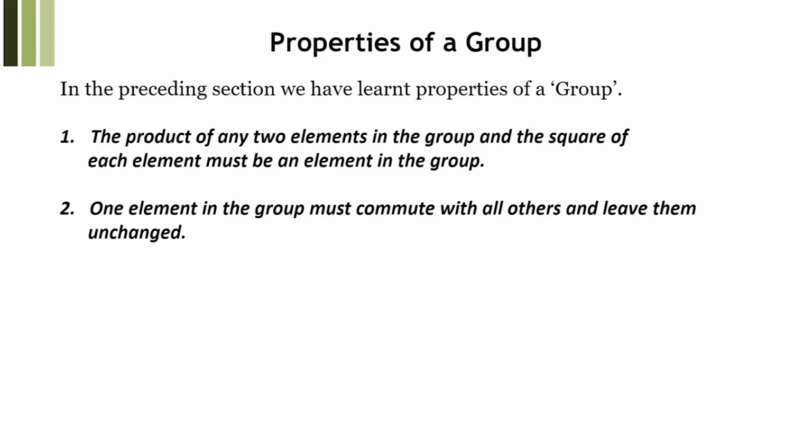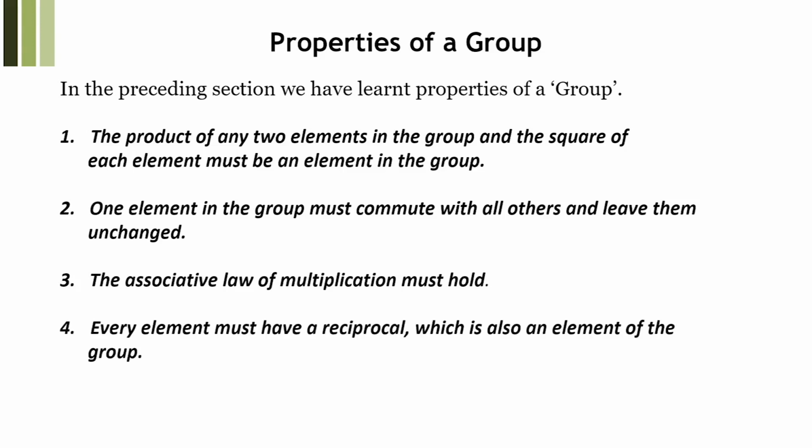It implies that at least one element should be of the type which, when multiplied to the others, causes no change in its magnitude. Any three members of the set must follow the associative law of multiplication, and every element must have a reciprocal which is also a member of the group. So if these four postulates or four conditions of group theory are satisfied, then that set under consideration would be